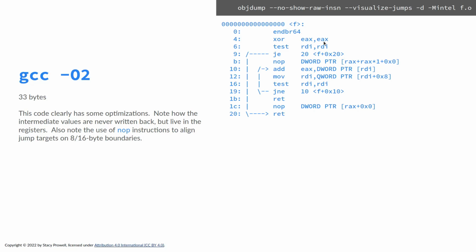So here we set EAX to 0. We check to see if this is 0. And think about that for a minute. We're checking to see if RDI is null. And if it is, we jump down here and return. And if it's not, we flow through this no-op. And then we go into this loop checking it again. This is the if, while, do while structure